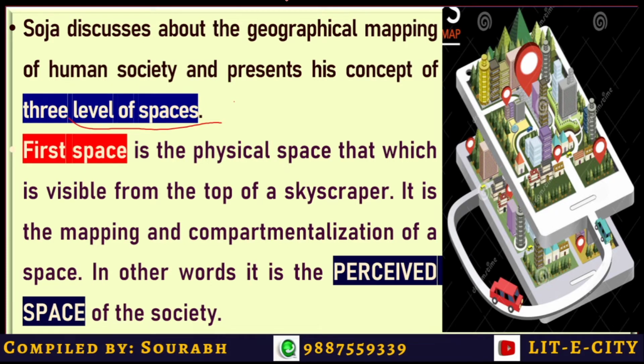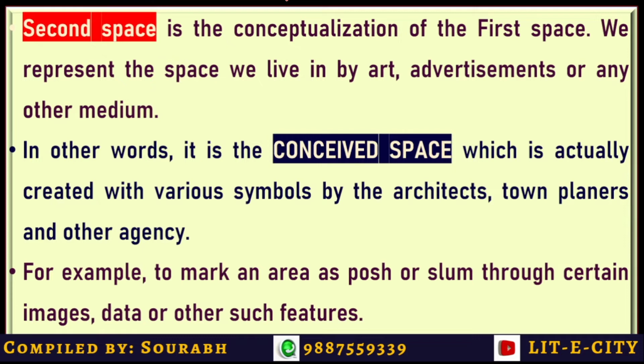It is the mapping, compartmentalization of a space. In other words, it is the perceived space of the society, which we can see, which is concrete, which is real. That is basically what Soja calls the first space. Now, the second space is the conceptualization of the first space, which means the space we live in is represented through